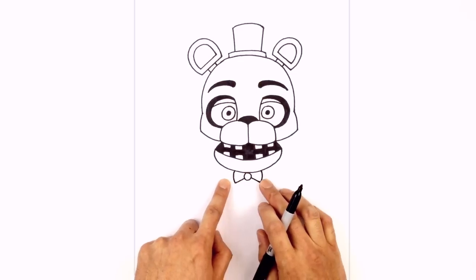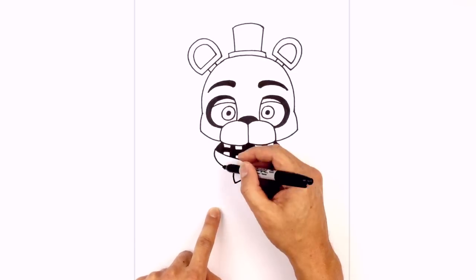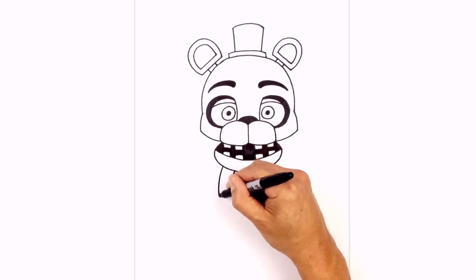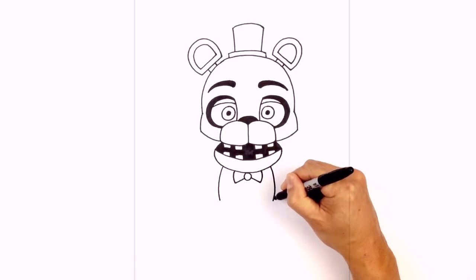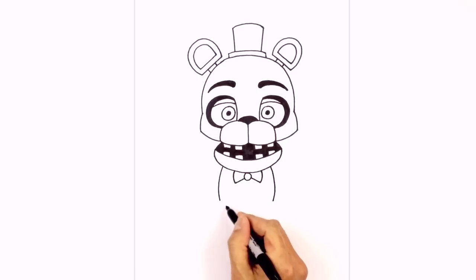Now with the bow tie in place, we're going to move over to the side and draw the sides of the belly. So underneath the chin, we'll curve out. So it's bulging out. On the right, we'll do the same thing. So bulging out towards the right. We'll connect the bottoms with a curve